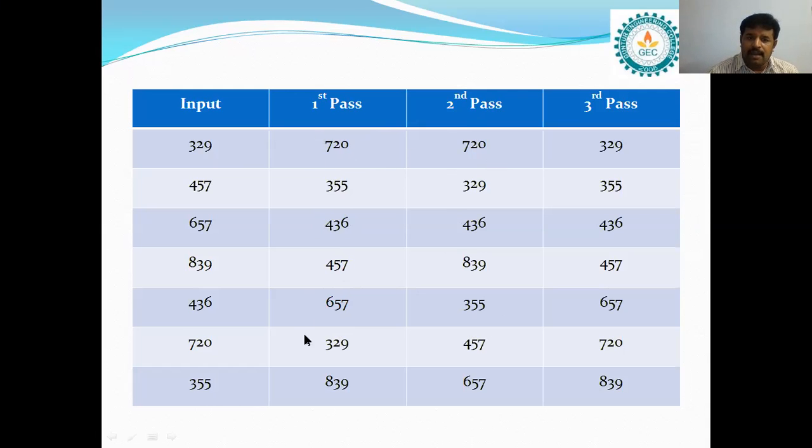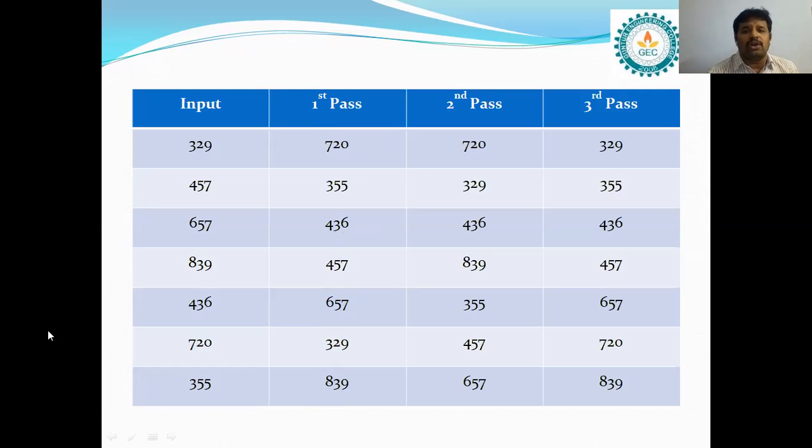This is the resultant list after pass 1. We can consider this list. We have to consider the digits at tens place, right? So the first element contains the value 2 at tens place, and in the second element the value at tens place is 5, and in the third element the value at tens place is 3, and here 5, 5, 2 and 3, right?